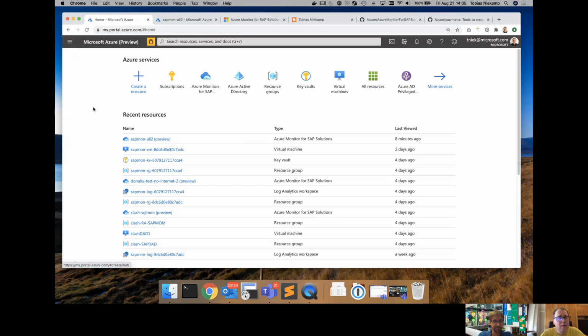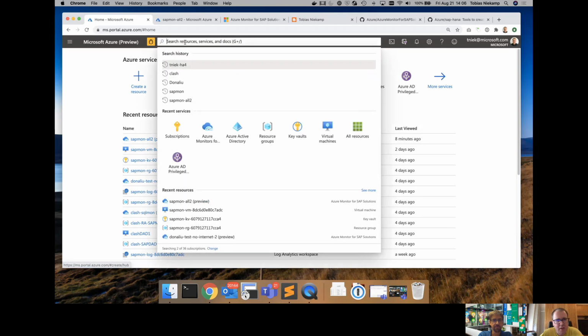Okay, cool. The important thing to note is that the features that we built, such as Azure Monitor for SAP, are Azure resources, or ARM resources, as we call them, in their own right. So this is not a loose collection of scripts that you install somewhere, but an actual resource that you can deploy directly from Azure Portal, or through CLI or PowerShell if you want. The easiest way is, of course, to go through Azure Portal. And I quickly want to show you how the whole thing works.